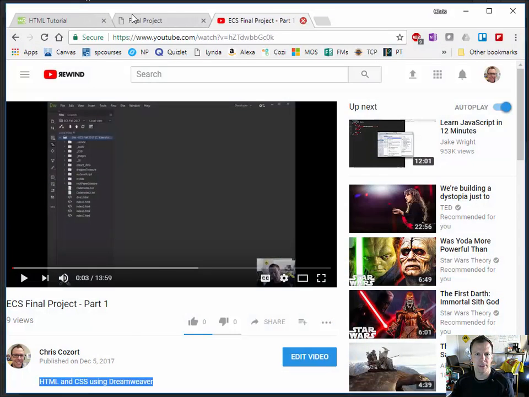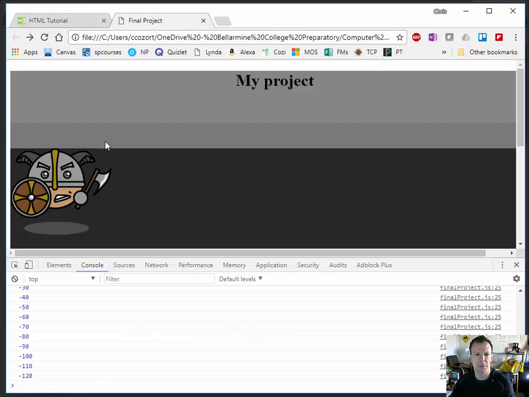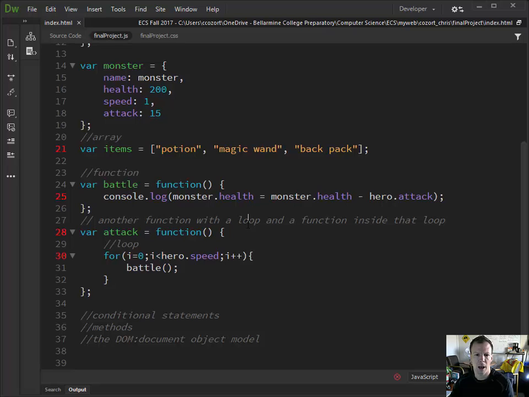All right, guys, here we go. When last we left, we had gone through having a function execute when we click this image here. And in terms of the requirements for the project, we still have to cover conditional statements, methods, and the document